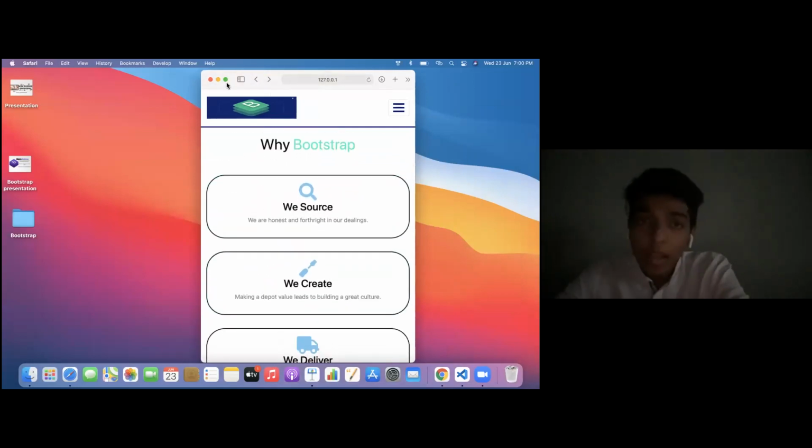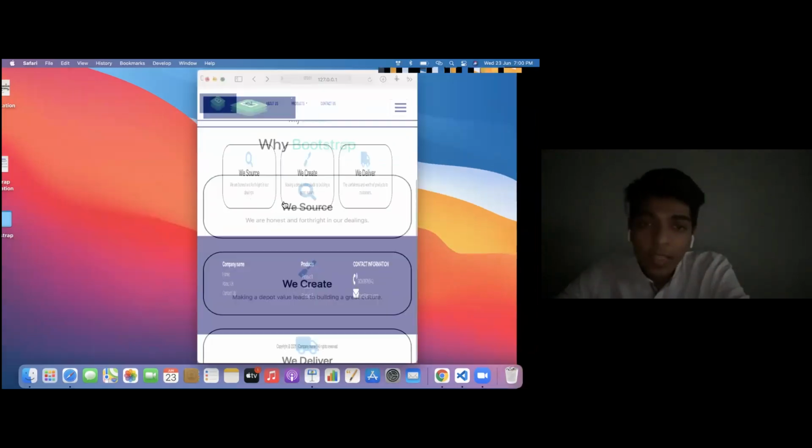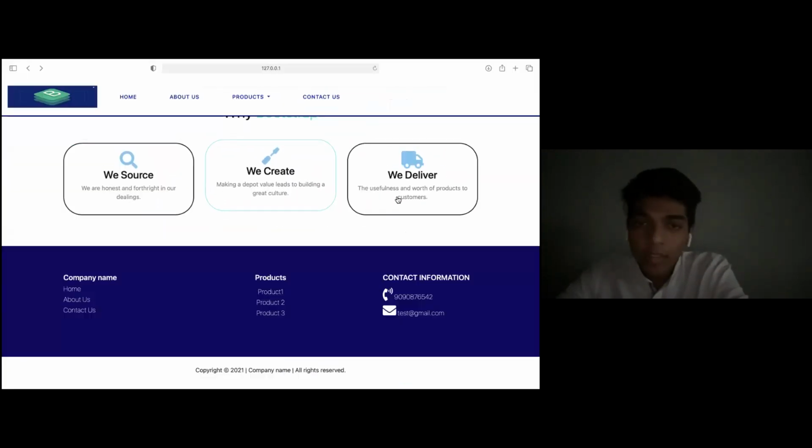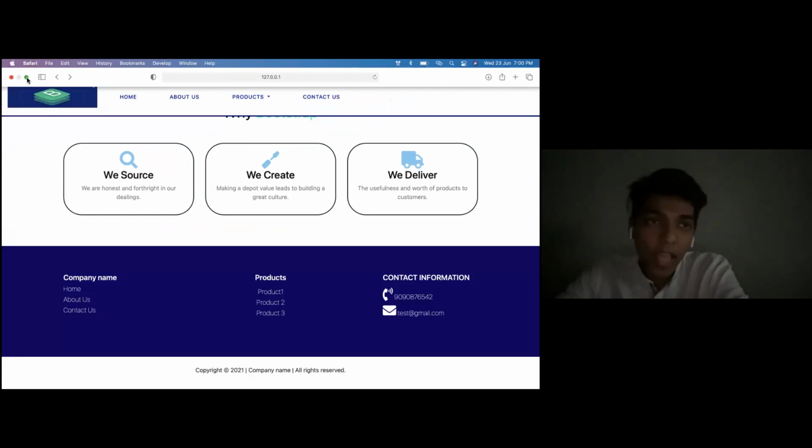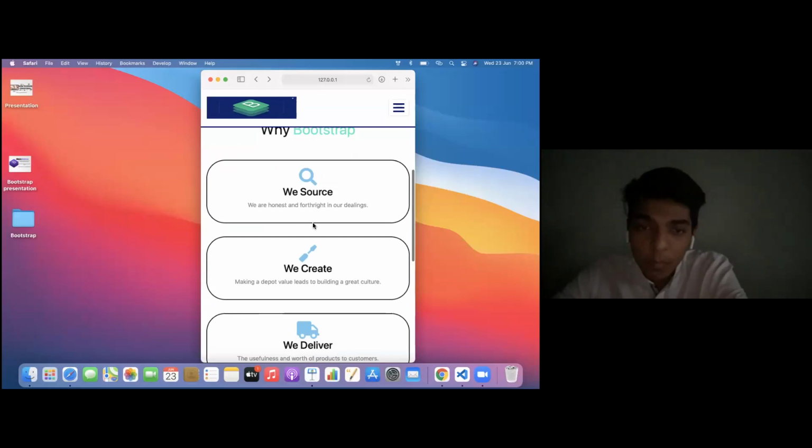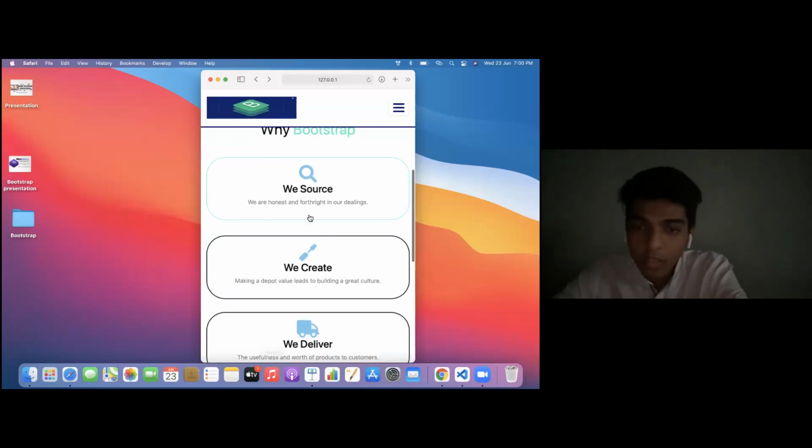So see, it is in a horizontal pattern. It is in the horizontal manner. As soon as I shift my screen from laptop, meaning from LG to MD, which is less than MD, I get a padding which is default. This is not something that I have given.